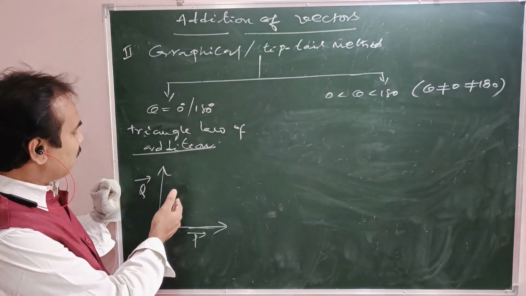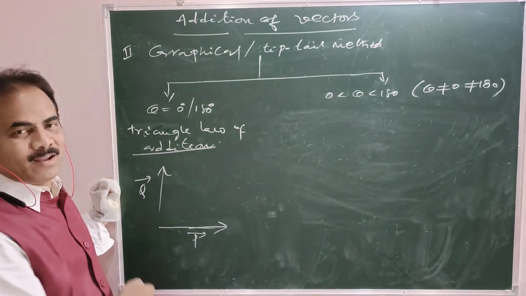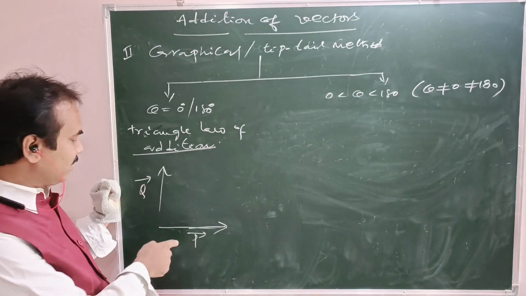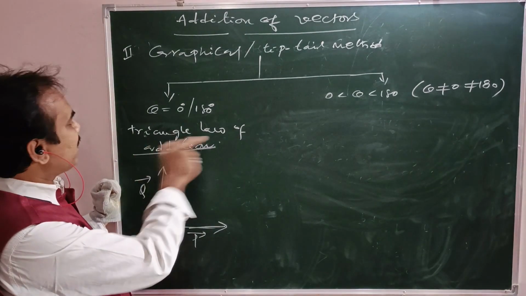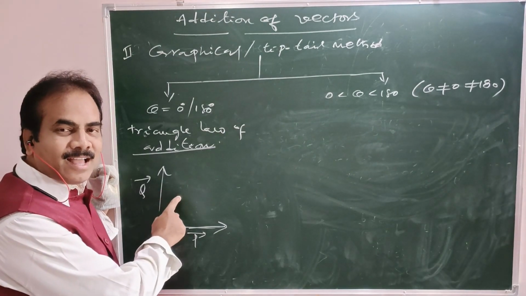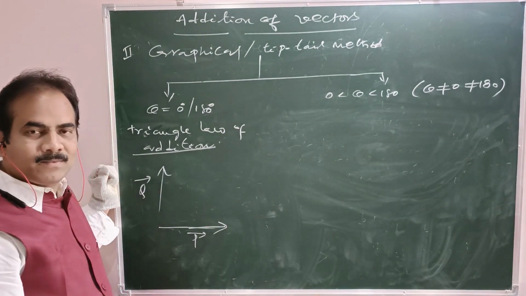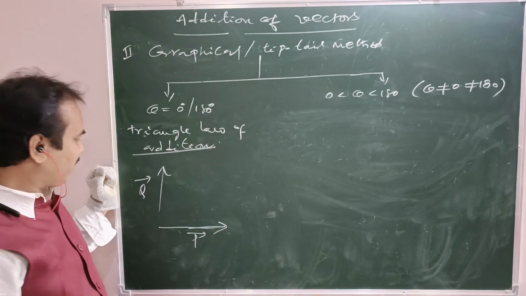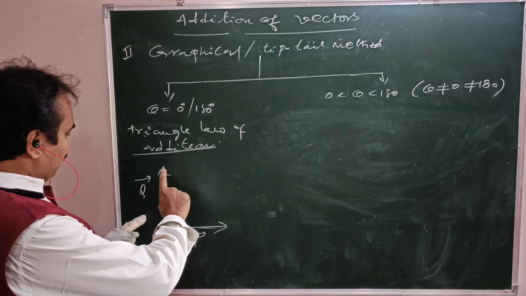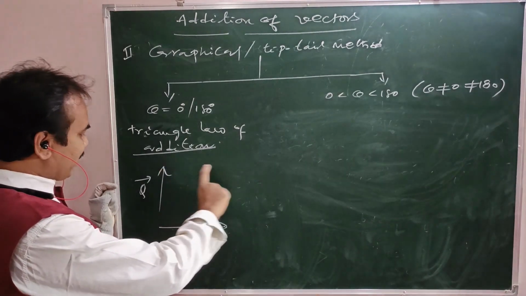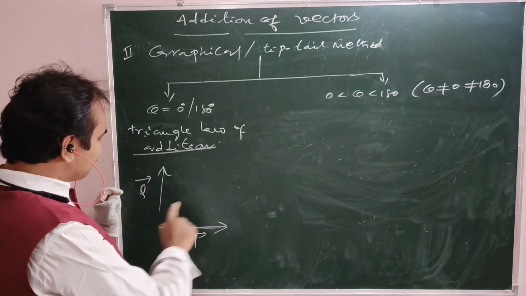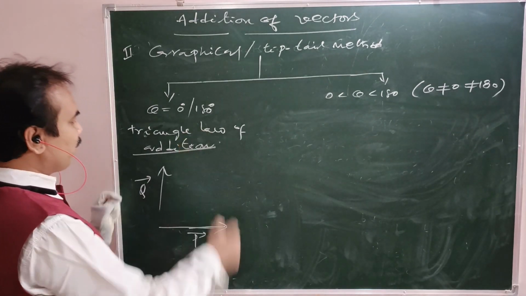Now the question is, what is the resultant of these two vectors? That is, what is P bar plus Q bar? How to add these two vectors? Making use of the triangle law of addition. These two are to be taken as the adjacent sides of a triangle, both in magnitude and direction. Q bar is to be shifted up to here and joined such that its tail coincides with the head of P bar.